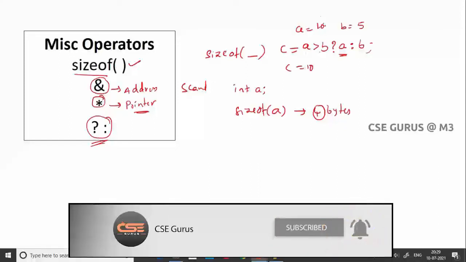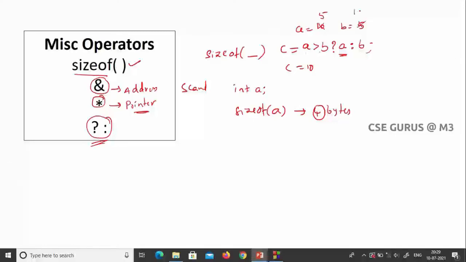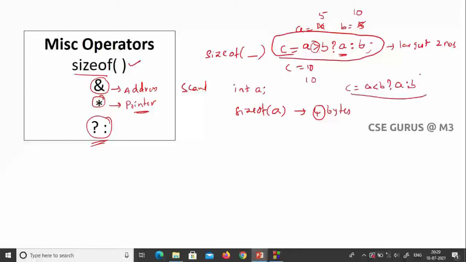Let us suppose if I write here 5, here 10, 5 greater than 10, no. So that's why it takes the second value. What is the second value? Again 10. Now can I conclude that this one line statement always gives largest of two numbers, whatever the values you give? Like this, if you want to find the smallest of two numbers, in place of greater than you have to keep less than. A less than b, ternary, a colon b. This always gives smallest of two numbers to be assigned to the variable c, right?